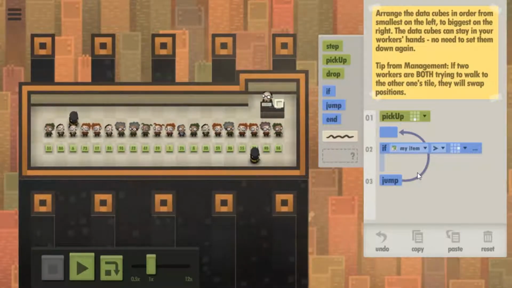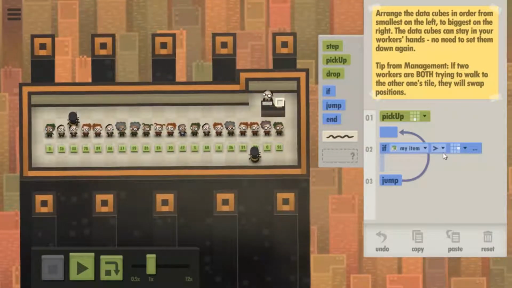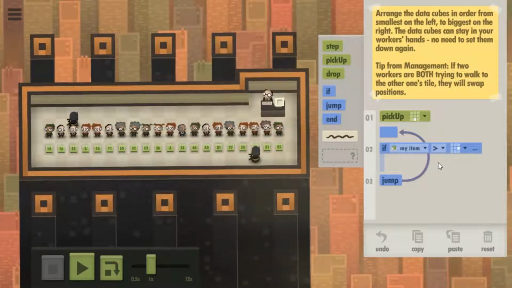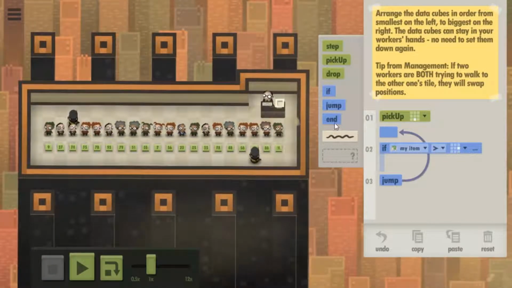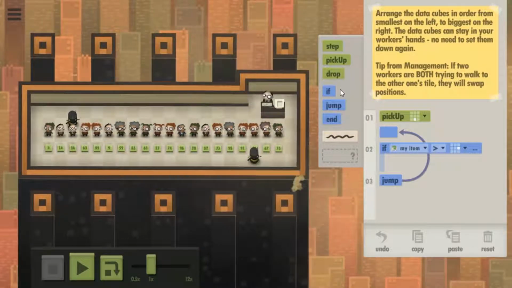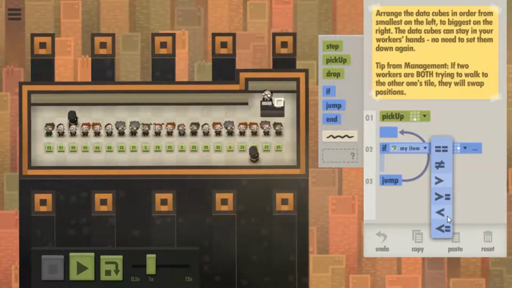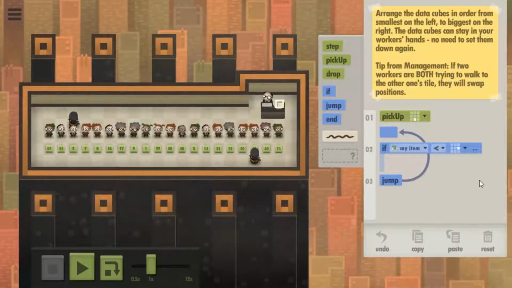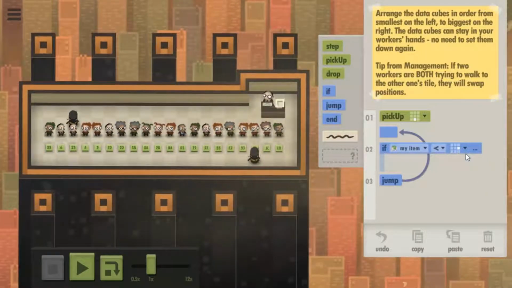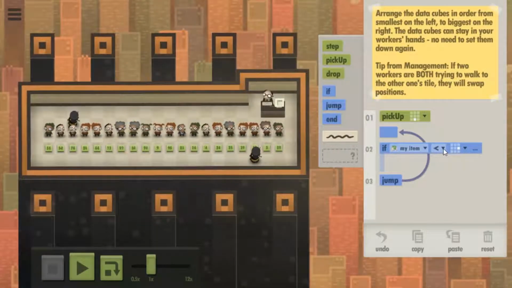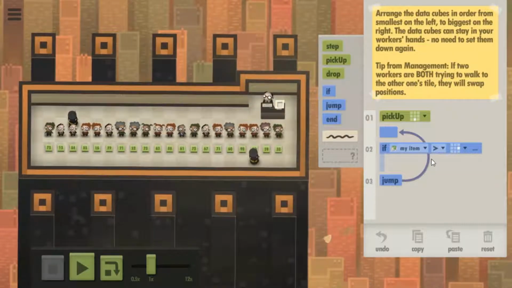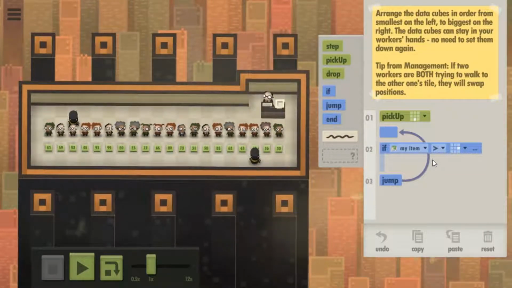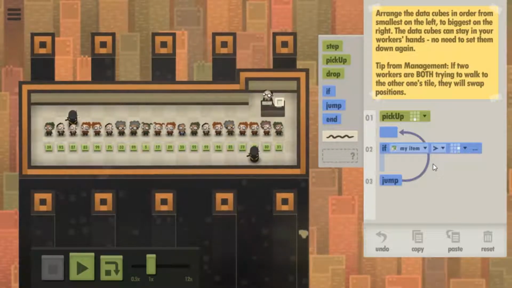I obviously have to check if the person to my right has an item that's greater than my current item. That's something I'm going to have to do no matter what. Cannot imagine a way of avoiding that. Wait, no. If the person to your right has an item that's greater, that's fine. You want to check if they have an item that's less, or if you have an item that's greater. Correct. I said it backwards, sorry. Check if my item is greater than the item on my right. If that's the case, we need to do something. This something is going to have to trigger everything else.